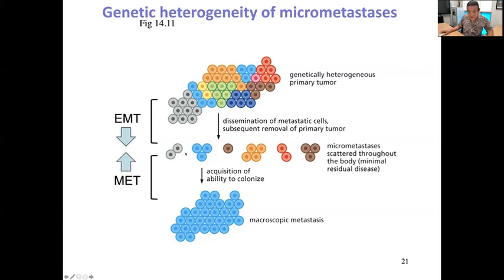But let's say that out of all of these, only the blue ones by chance ended up somewhere where the new stroma environment is very conducive to these cells really taking off, right? So that means they need to revert back. Mesenchymal to epithelial transition is almost like them going back to their original epithelial form, so that when they start growing, the new tumor takes up where these blue cells left off in the original tumor. But now the new tumor starts off being all these blue cells, because that was the right combination of the right kind of cell ending up in the right spot somewhere else in the body.